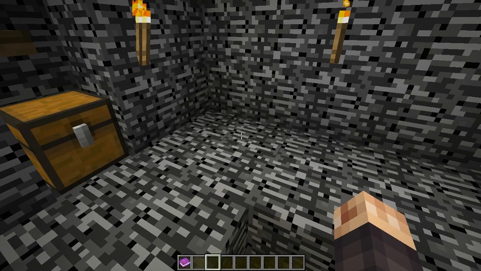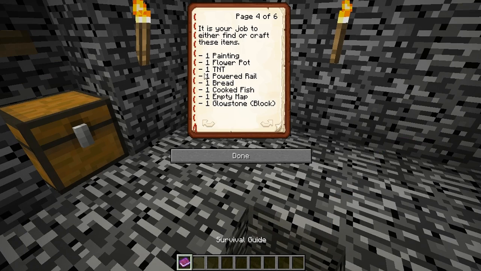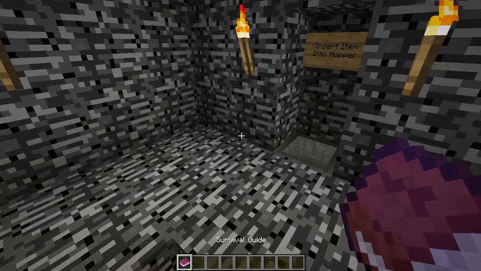Survival says you have to collect these items. So here we go. And there are only 8 items, but it does take a while to get depending on your skill level. And they're purposely picked. Some of these things, they're pretty spread out, I think. Like bread's pretty easy. Powered rail, you got to go get gold. There's some mining ones. I tried to make it so you had to get certain items that you had to get other items to craft into, just to give it a well-rounded